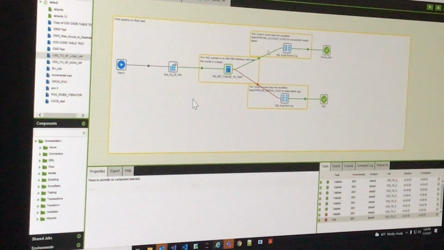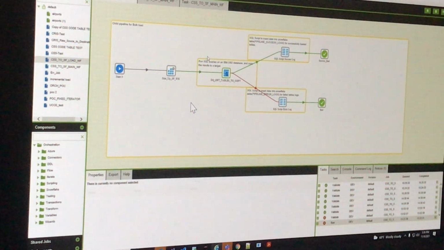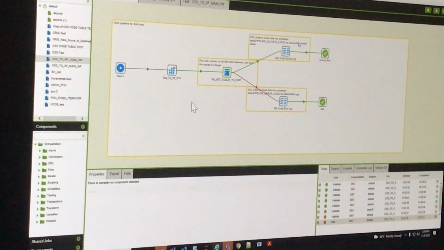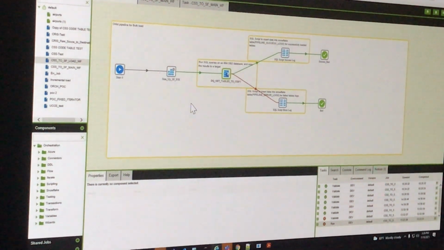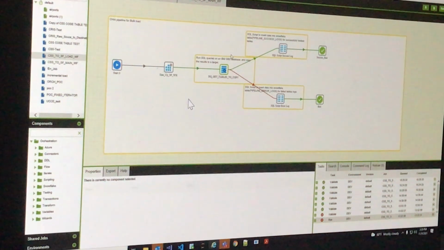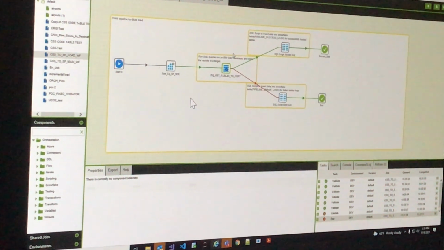Then I thought it's better to have a table iterator on the entire pipeline. That way, whatever tables are failing, I will get all the table names in Snowflake. Because of that, I got that logic somehow and applied it. There could be another way to do that, but I found this way.